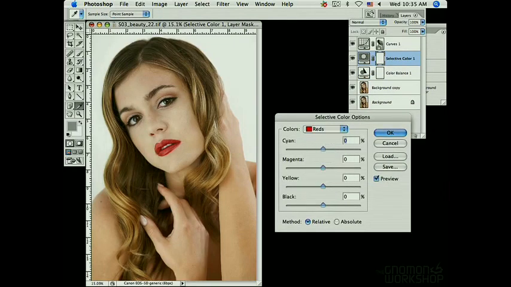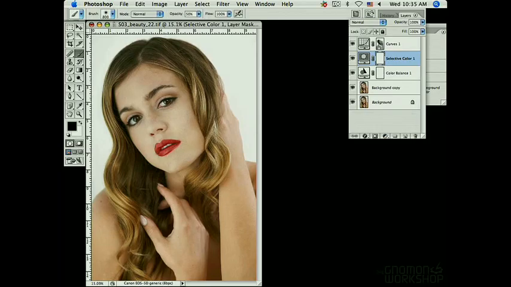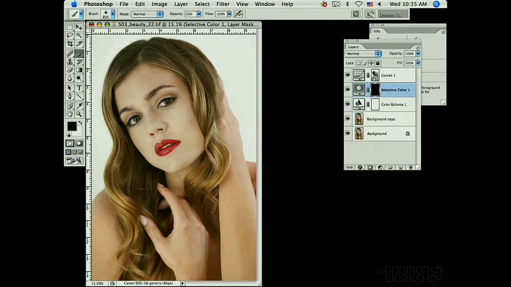Selective color is really useful. I like to use it a lot because you can go into all the different colors, not just the channels, but any different visual color, and make small adjustments, one color at a time. Black adds depth. The other colors just add or subtract from that channel. So you click the preview on and off and you can see some of these minor shifts that are taking